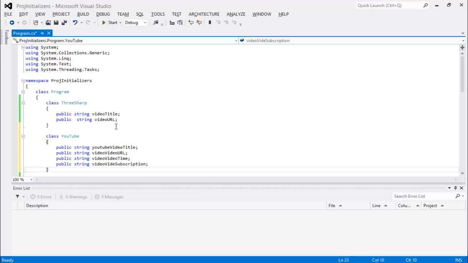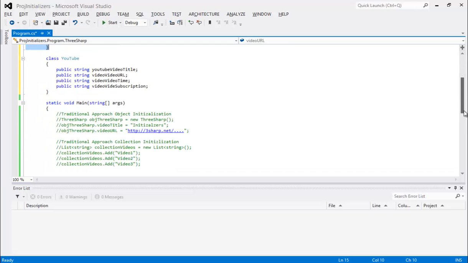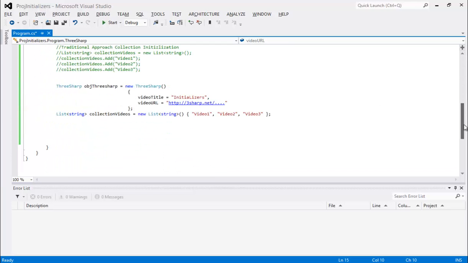Let's say we have a service which is getting all this information. Let's say we have some APIs which are hitting the YouTube database and giving us all this information. Right now we want to contain this information inside our C# object class so that we can use it on our own. So let's go ahead and start. First I will create an IEnumerable of